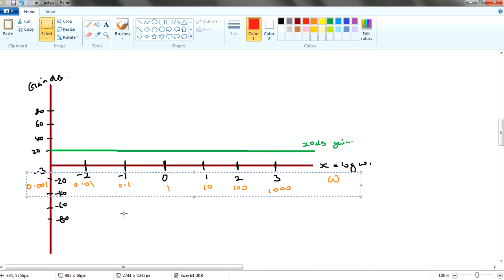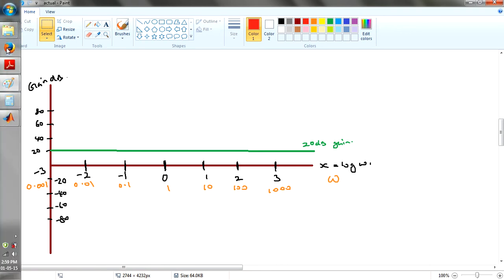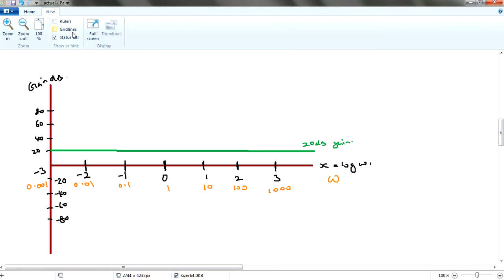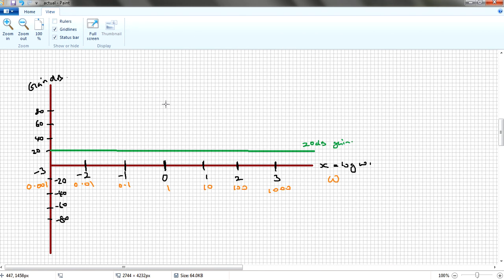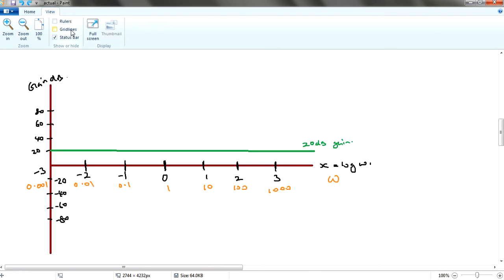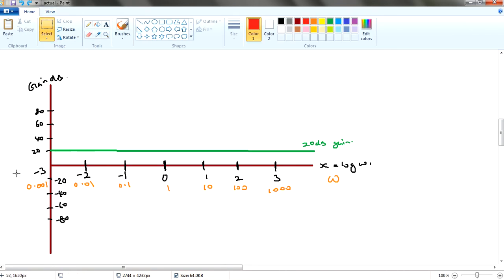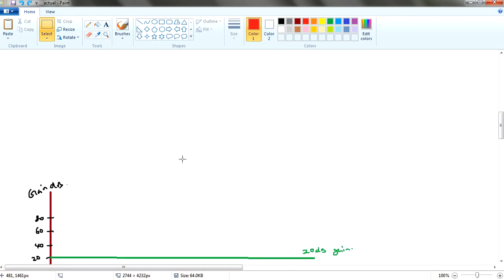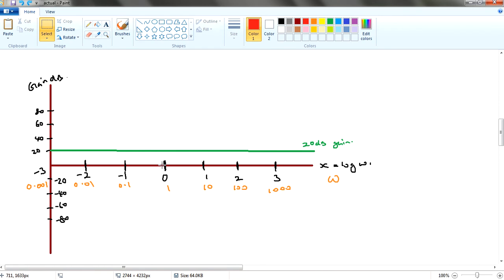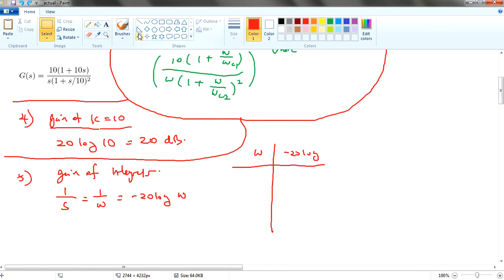If you are given a normal coordinate plot, the normal box one, the grid one, you're going to use this type of bar. If you are given logarithm graph paper, you're going to use this type. So be very careful which type of paper you're going to use. In this case, my frequency is actually 0.001, right? So if I were to put it in here,